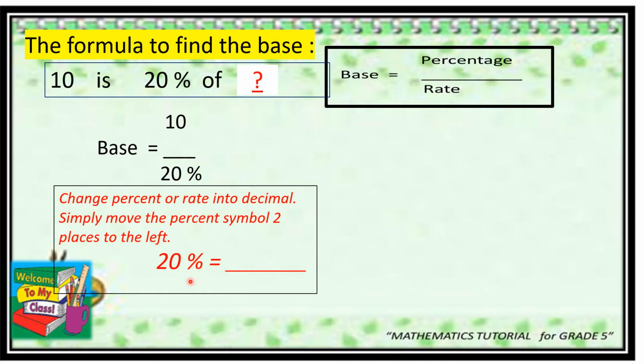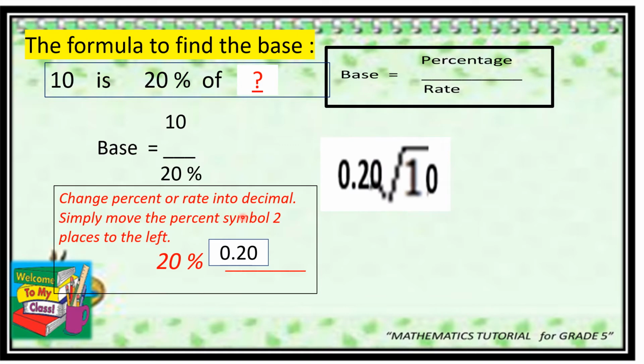So, yung 20%, gagawin daw natin itong decimal number. Itong percent symbol na yan, imumove natin papunta sa kaliwa 2 decimal places. Then, hindi na percent symbol ang ilalagay, kung hindi decimal point. Ayan. So, 20% is equal to 0.20. Dahil decimal number na siya, pwede na tayong mag-divide. Now,